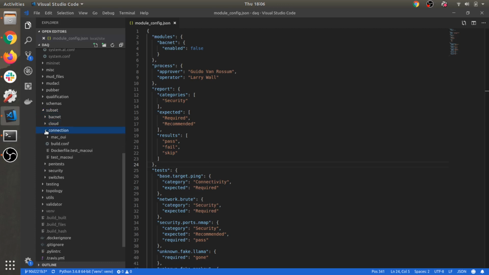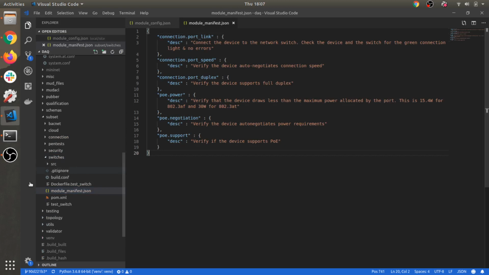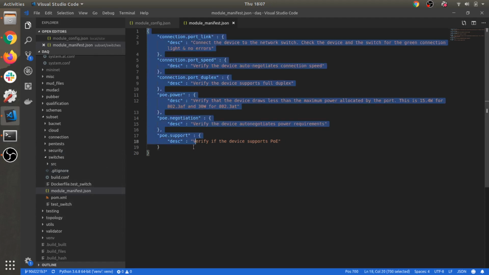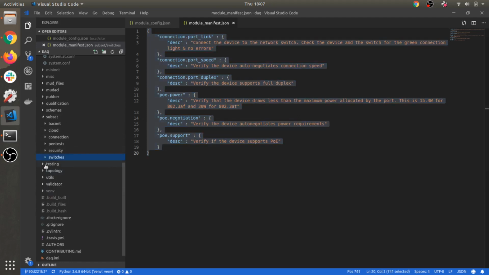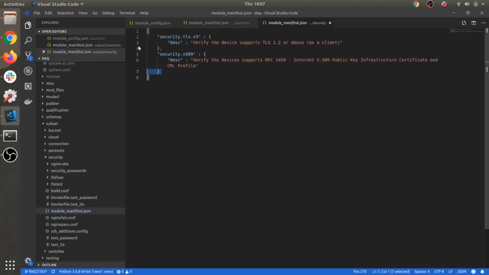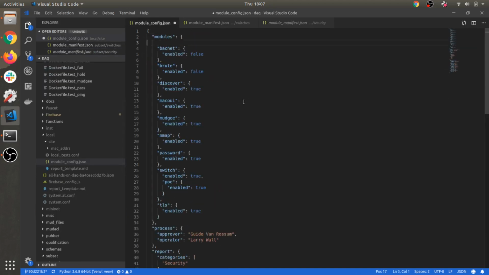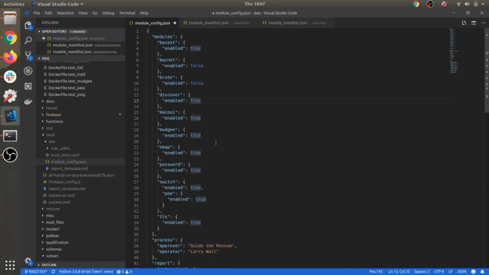And then in some of these folders, there is a module manifest down here. So if you wanted to know what tests were part of the switch module, you would have a look in here. And if you wanted to know which tests were part of the security section of DAQ, then you'd have a look in here. Because basically what that implies, if we go back to here, is if we configure